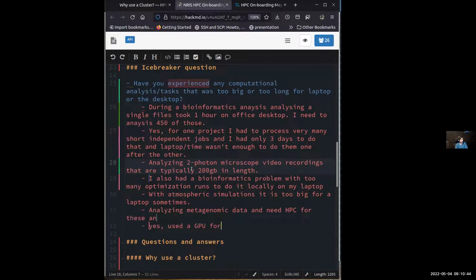But if you have many of those, now for the 450 as mentioned here, it will take 450 hours. So one thing would be keeping that connection alive, like keeping the computer on, and whether you want to spend 450 hours to get your results.